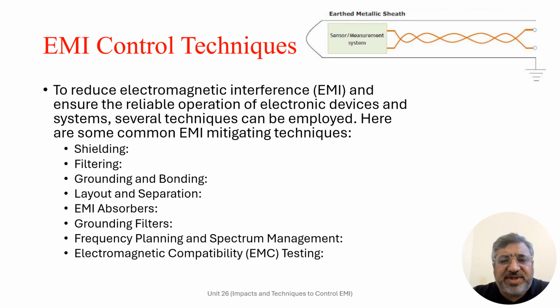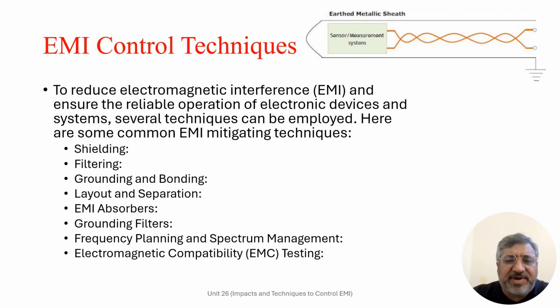It can be achieved through the use of conductive materials such as metal sheets or foils to create a Faraday cage around sensitive components of the devices or wireless transmitters or receivers. Shielding can block external EMI from entering the system or contain internal EMI generated by the system itself.